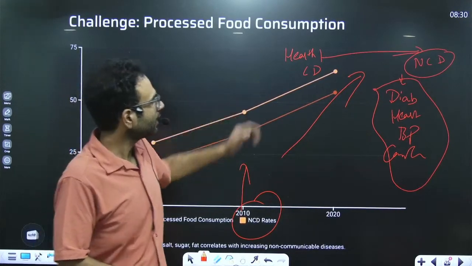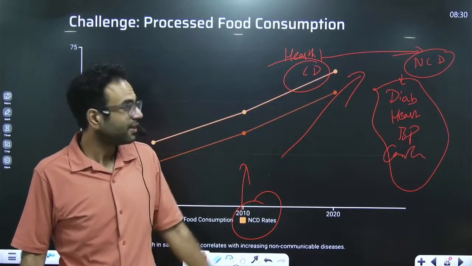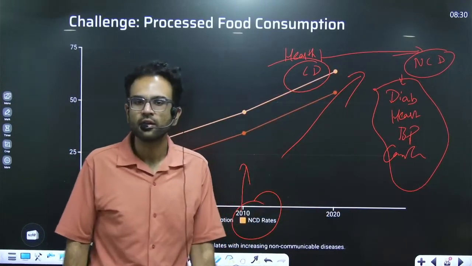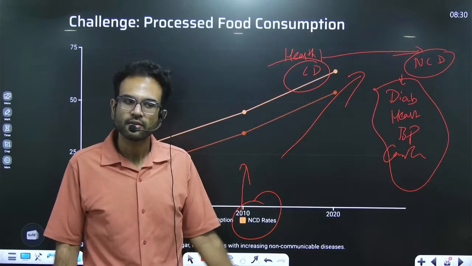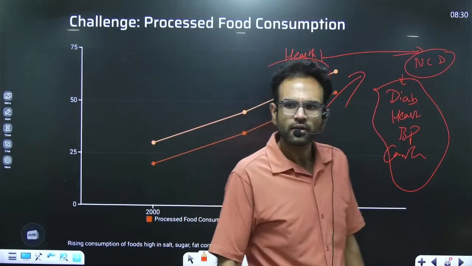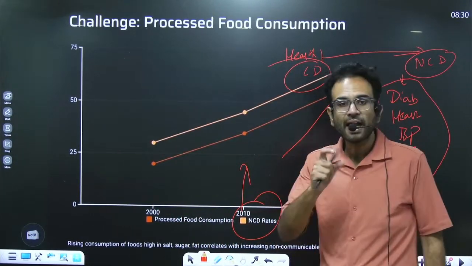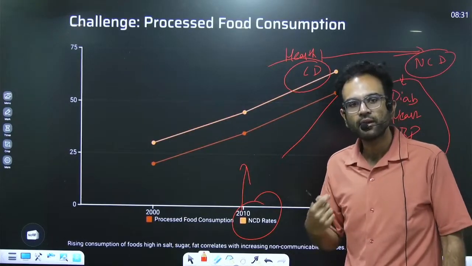These are not something that can be dealt with at the primary healthcare level only. These are issues that require intervention beyond primary healthcare. These are preventive in nature. There is no permanent cure for diabetes. It can just be managed through your lifestyle. And in that management, our choices play a very big role.